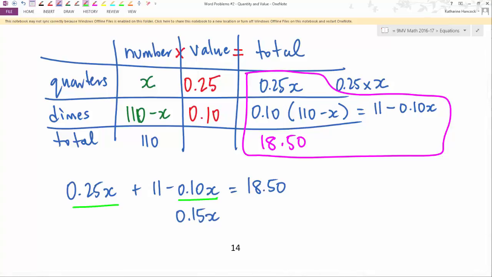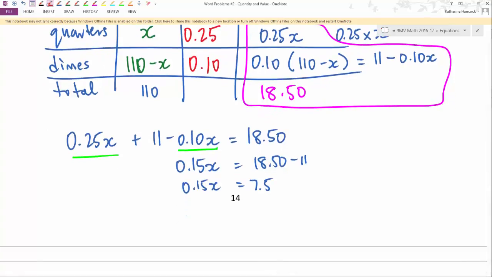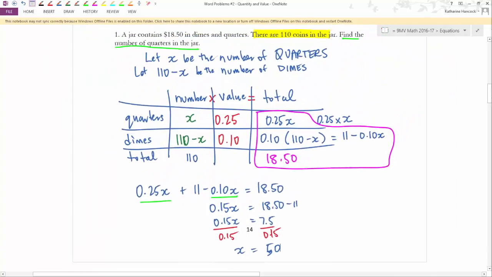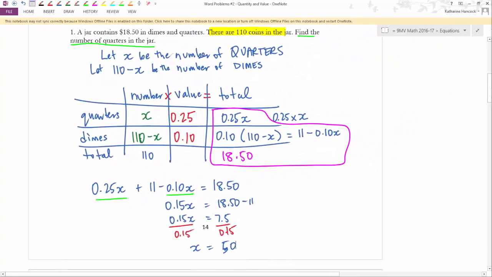I'm going to take the 11 over to the other side and subtract it. 18.50 take away 11, because I'm tired, 7.5. So I get 0.15x equals 7.5. Divide both sides by 0.15. And I get x equals 50. And if I go back to what the question asked, it said find the number of quarters